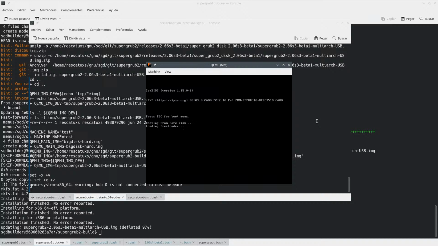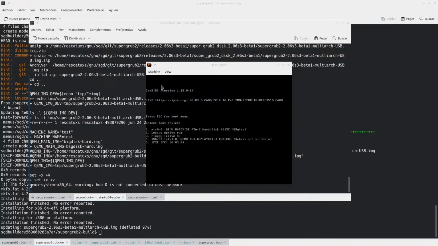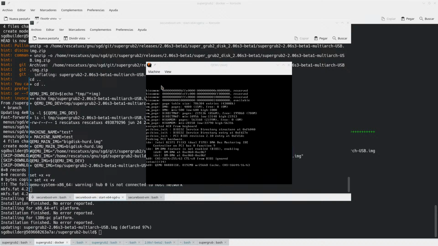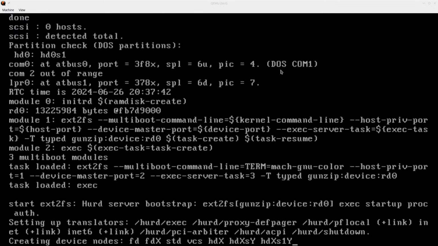So press ESC. Wait. Reset. Press ESC. Number 4. Text install. Let's go real quick through all of these options to see if the E1000 is detected.